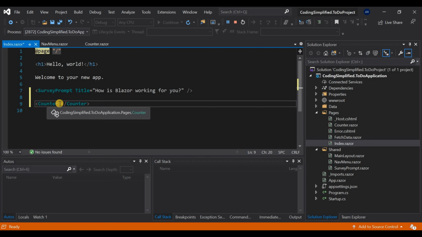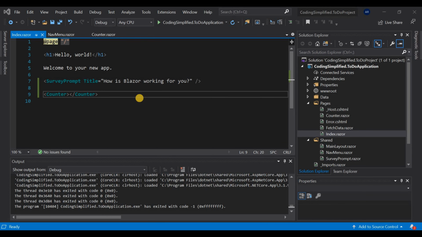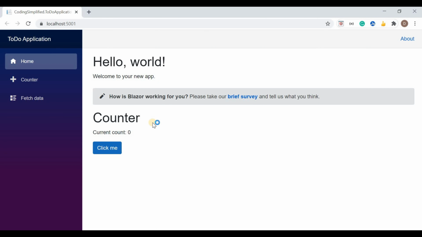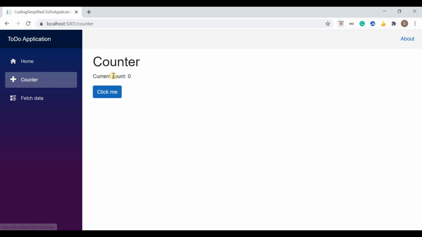Make sure it matches exactly with the name of the file. Now let's run the application once again. Now we can see in the main page the counter component has come. Also, if you click the counter, there is another counter there, but there's no impact between this counter and